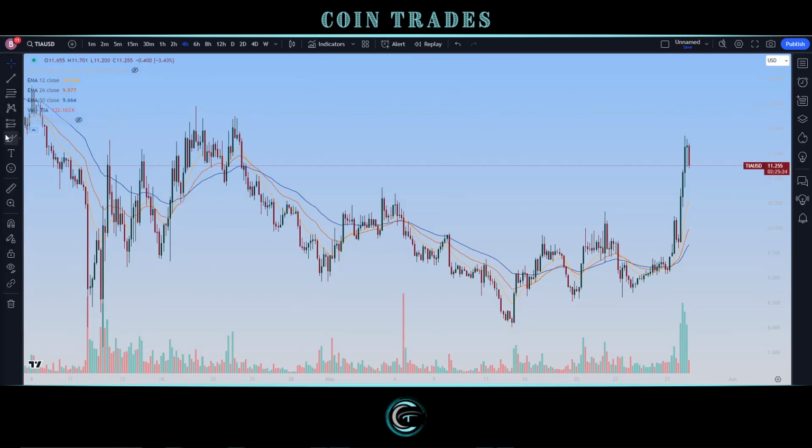Now, I do want to flip over here into the shorter term 4-hour chart here, just because after extremely nice upside moves, especially a little bit more on the vertical side here, and a very nice pump, obviously a lot of great volume like we talked about. Very normal to see a little bit of retracement, but ideally what we'd love to see is either some sideways consolidation to allow these exponential moving averages to catch up, or even potentially a little bit more of a flag